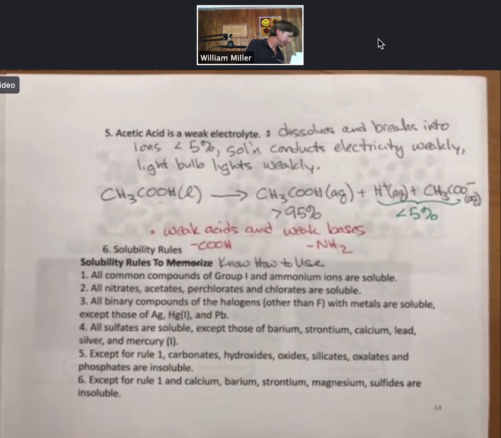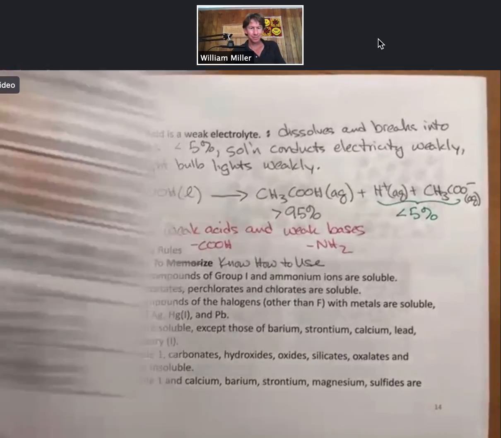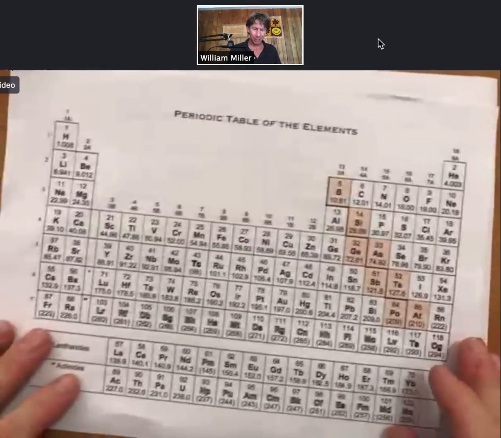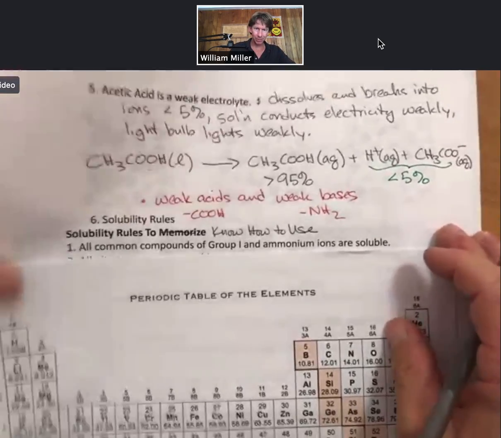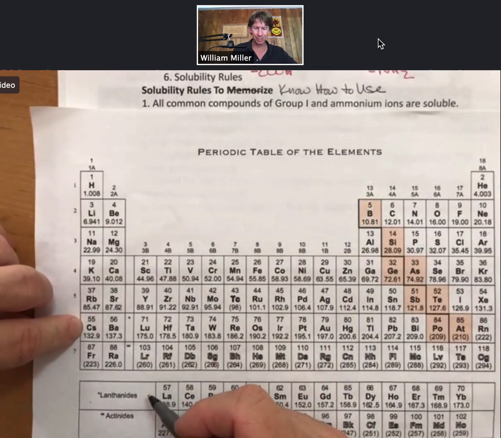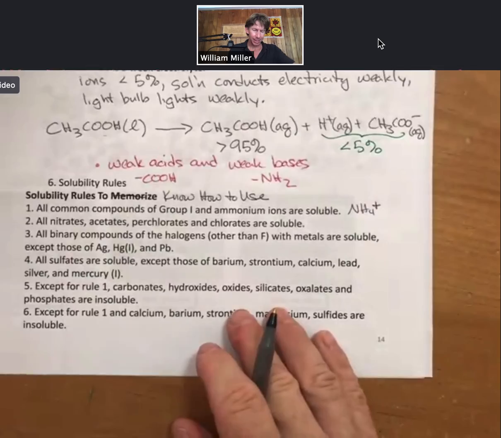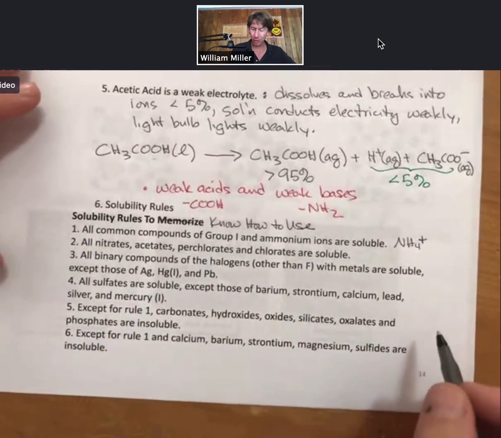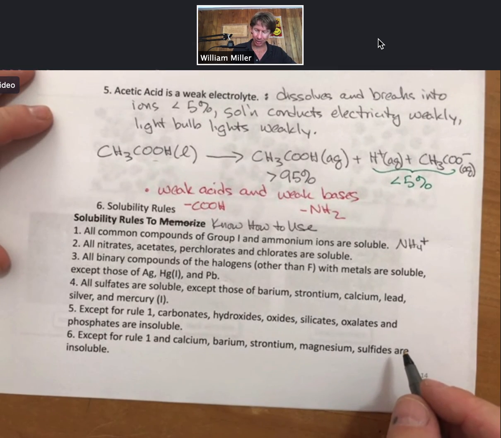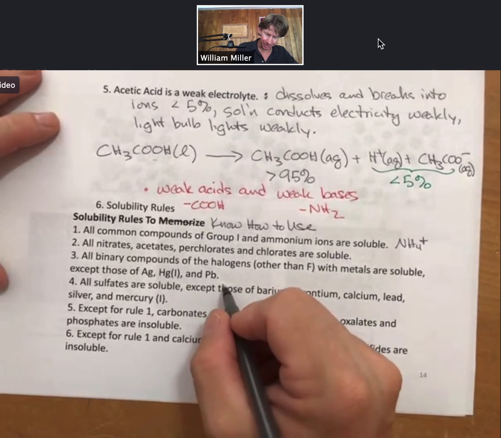I know I have my periodic table around here. There we go. Got away from me a little bit there, but all right. So all common compounds of group 1 and ammonium ions. Here's group 1. So anything that has lithium, sodium, potassium, rubidium, cesium, we won't see francium, or ammonium, where ammonium is NH4+, are soluble. Anything with all nitrates, acetates, perchlorates, and chlorates are soluble. All binary compounds of the halogens, other than fluorine, with metals are soluble, except those of Ag, mercury(I), and lead. So for example, according to this, so let's see,